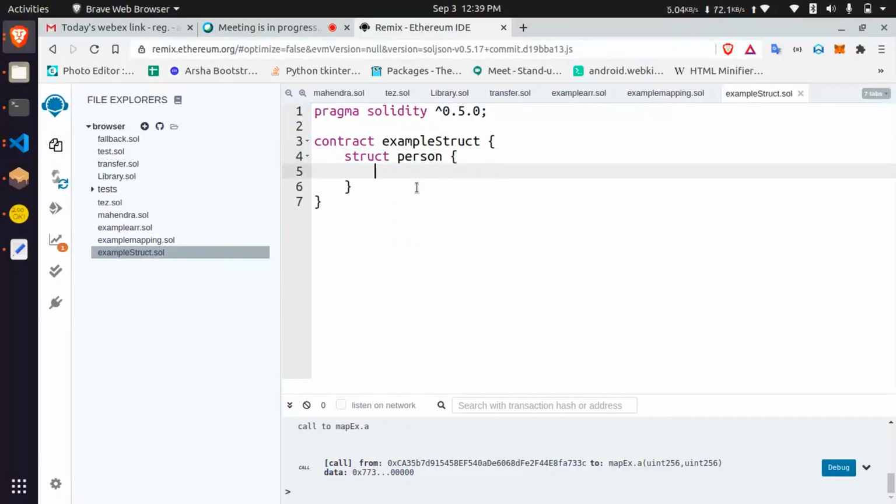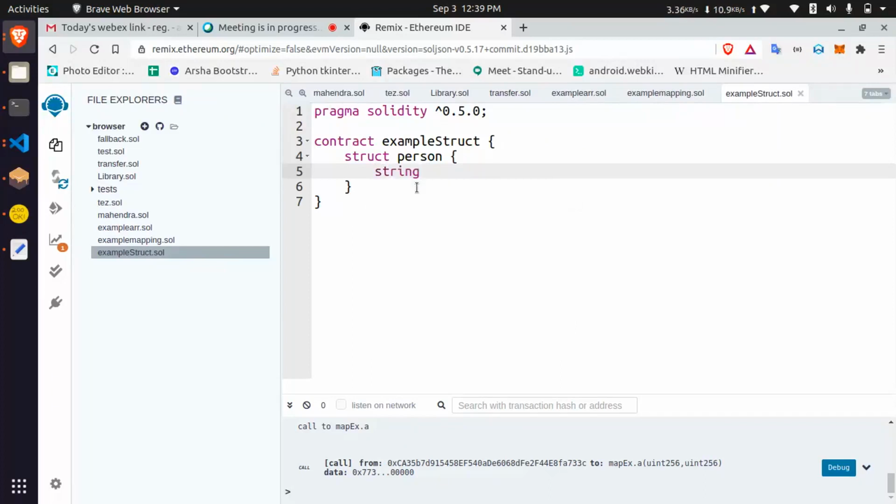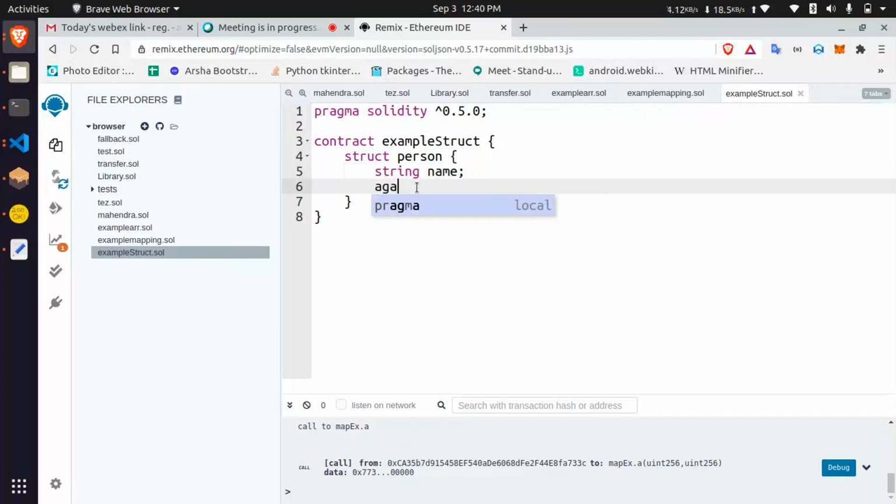In that I am setting a string as name and a uint256 age, and that is enough.